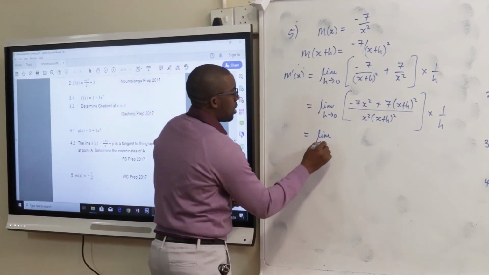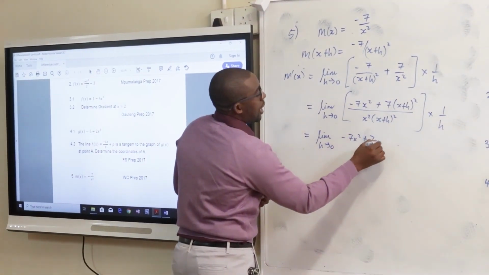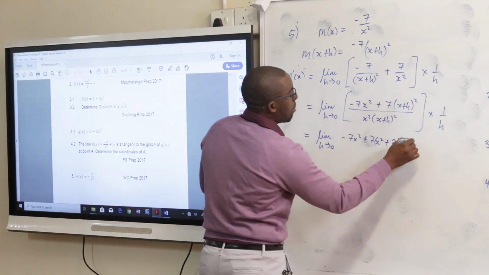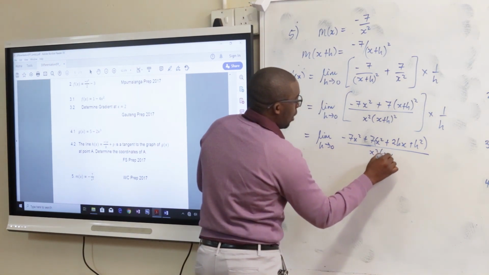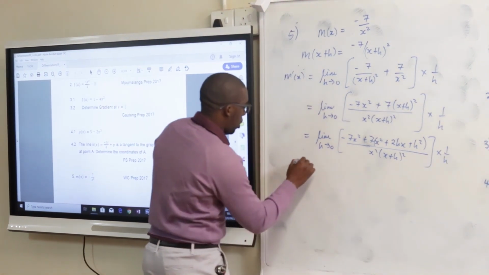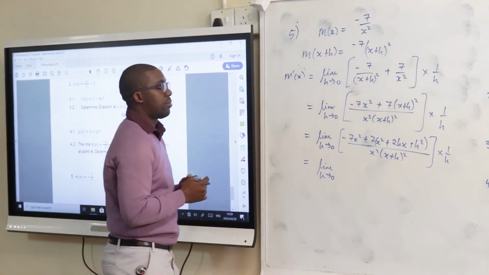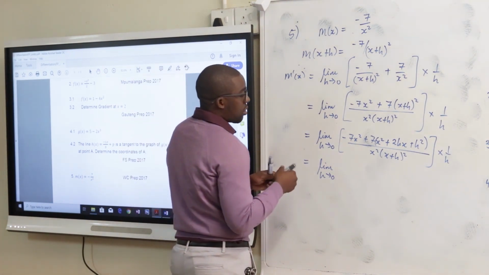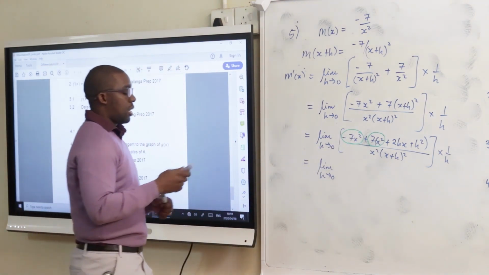Limit as h goes to 0 of 7x squared plus 7 times x squared plus 2hx plus h squared, all over x squared times (x plus h) squared, multiplied by 1 over h. It has to cancel the original function. Which original function is cancelled here? This one. That is going to be cancelled. That leaves us with